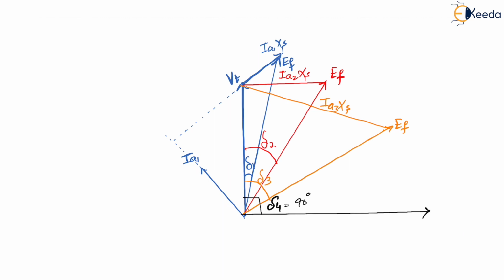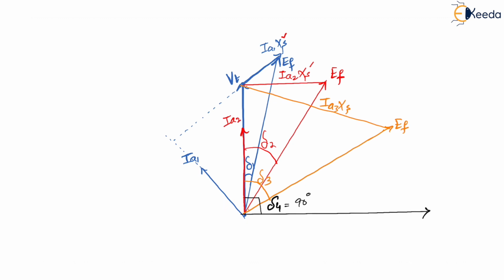Now, is there a constraint? See, if you check here, Ia1 axis length is less, Ia2 axis length is more. Yes or no? The axis is constant only, no? That means Ia2 is more, so Ia2 is more than Ia1. So definitely Ia2 will come here at 90 degrees. So this is going to be Ia2.